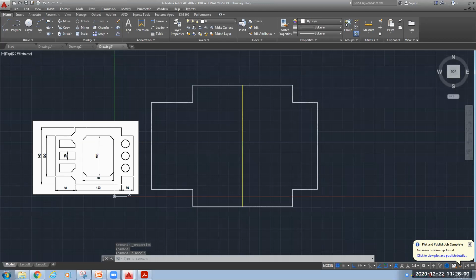Now you can see the dimension of inside rectangle. The length is 100 and the width is 80. Okay. So what I will do, I have to draw some line 100. The total length from here up to here, it is 140. Okay. And this inside is 100. So it means it is coming in line with this line. Okay.